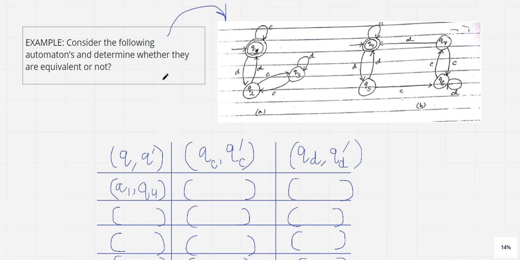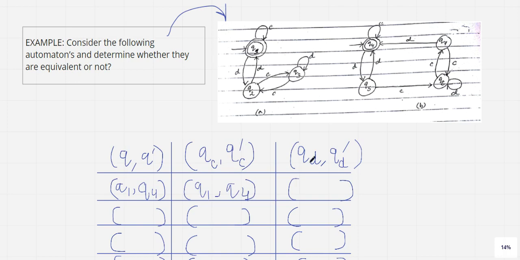Here, Q1 Q4 is the first pair, and now what we need to do is, for Q1 on sync C input, where it is going, and Q4 on sync C, where it is going. That I have to write over in this particular transition. Q1 on sync C goes to itself only, right? That means I have to write down Q1 on sync C, it is coming back to itself, that is Q1, correct? Then if I talk about Q4 on sync C, it is coming to itself. That means the same set I have to write down, Q4. Clear? So this is all about the first one.